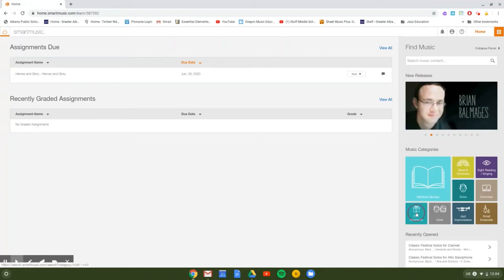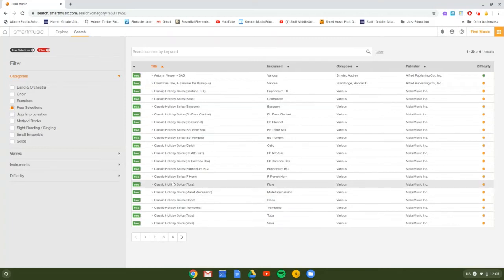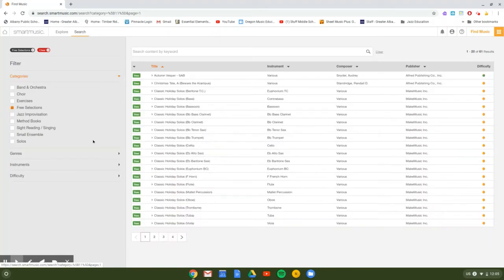If we click on free selections, it'll give us all the different types of things that the Smart Music program has put on here that are free for everyone. So the really nice thing I like about this is that there's holiday solos for basically every instrument, which is very exciting. And if we keep going past to other pages, you'll see awesome spooky solos for Halloween time and different solos and different pieces of music that you and your students can check out. State scales for all the different state levels that are through the Smart Music program and things of that sort. So the free selections area is definitely a cool resource for students that like to play holiday solos or Halloween solos and things like that. It's just another great resource that Smart Music has to offer. And if we go back to the home screen,